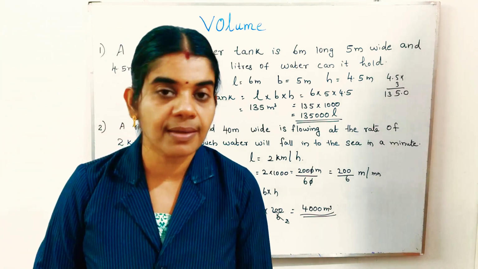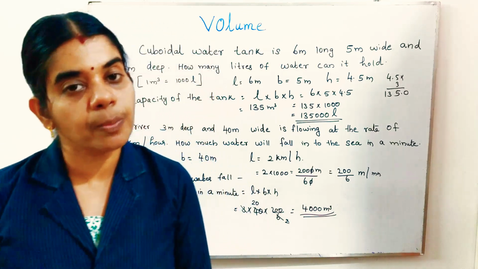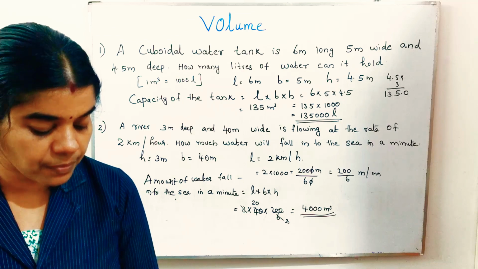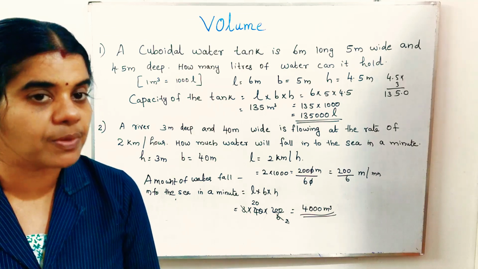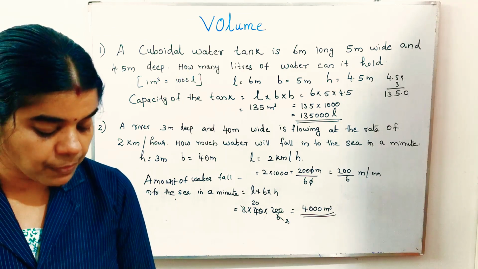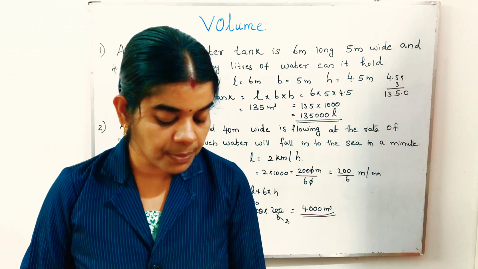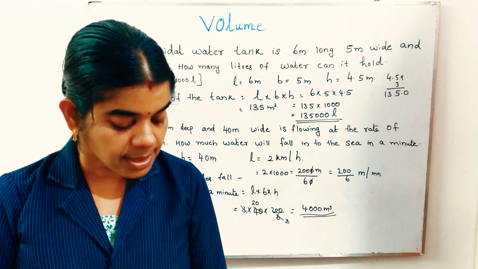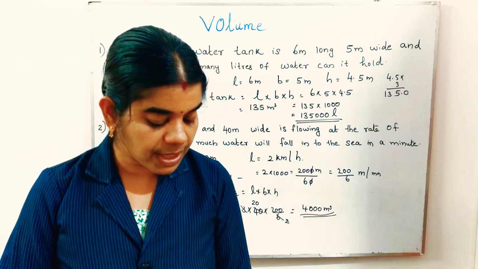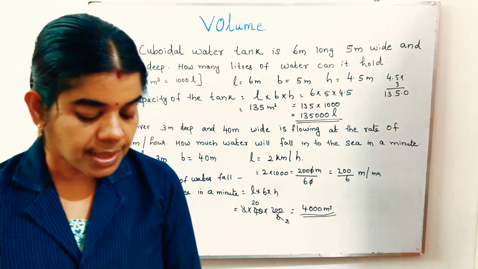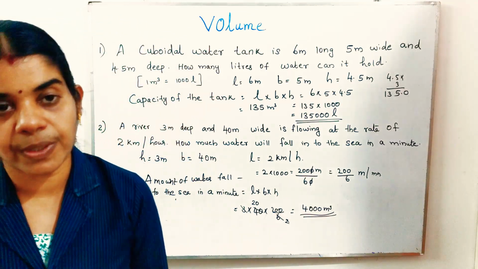So 3 measures are given. So it will be in the cuboidal shape, L into B into H. Find the maximum number of, then first you want to find out the volume of the godown, that will be 40 meter into 25 meter into 10 meter. Find the maximum number of wooden crates, wooden pieces, each measuring its volume 1.5 meter into 1.25 meter into 0.5 meter, that can be stored in the godown.